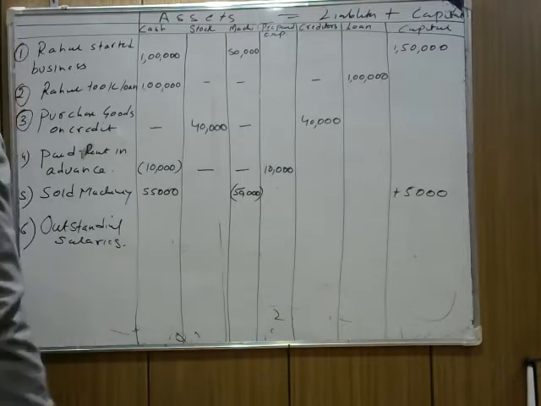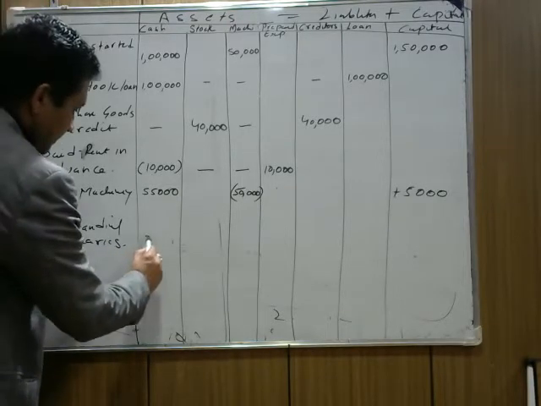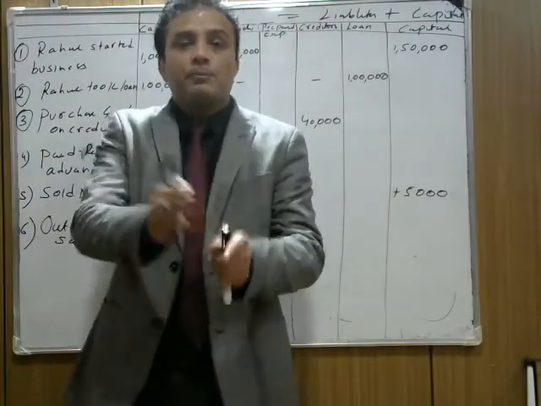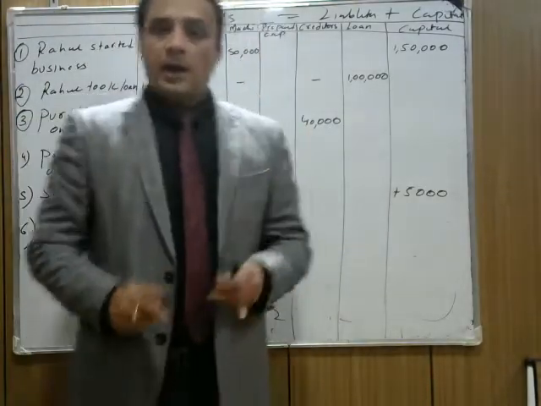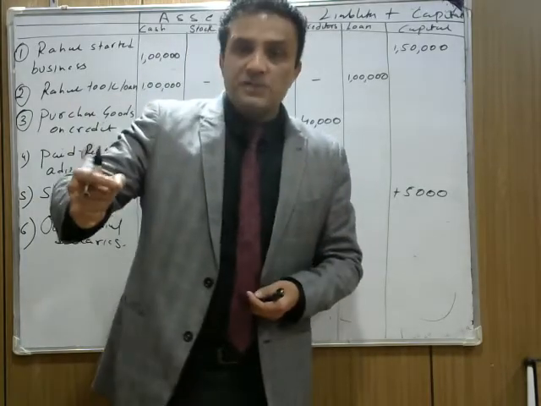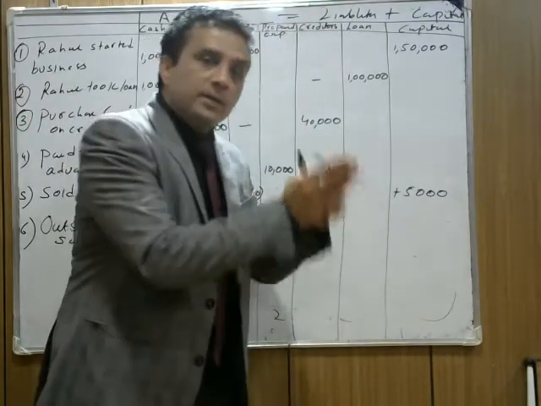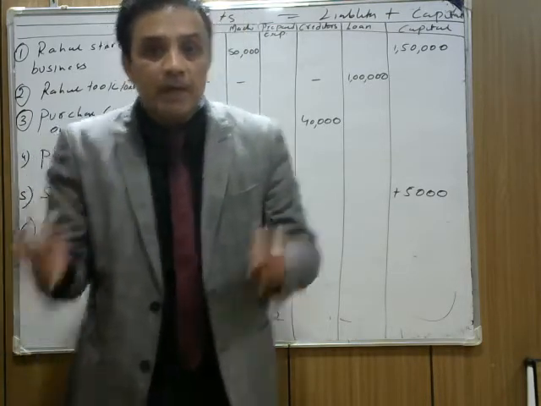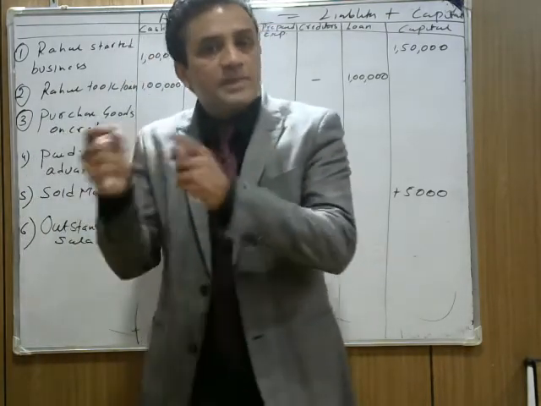It's outstanding salary rupees 30,000. Now, outstanding salaries are salaries you have to pay but have not paid yet. What is meant by outstanding? Outstanding is a liability because it is an expense we have to pay. We have not paid yet. वो खर्चे जो हमें पे करना चाहिए था लेकिन हमने अभी तक पे नहीं किया. So that's an outstanding salary.